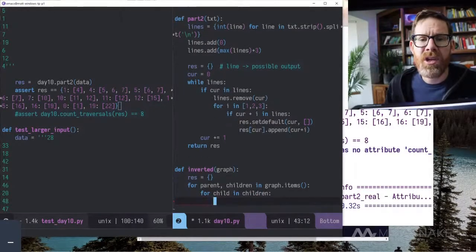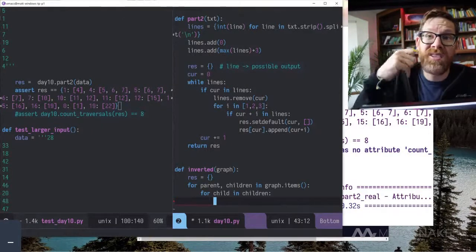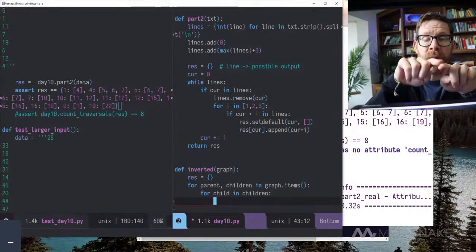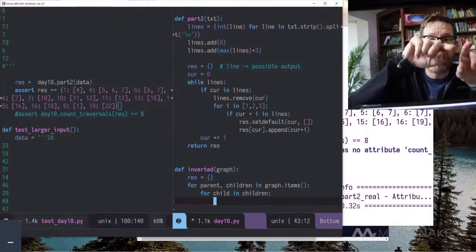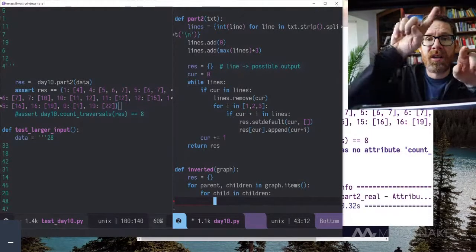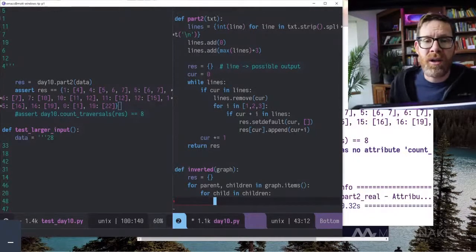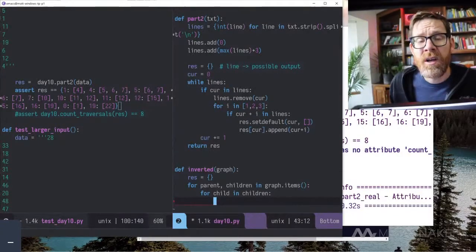we're going to loop over every child here, and we're going to stick the child mapping to the parent as a child mapping to a list of parents. Remember, because we have this diamond shape possibility, one child might have multiple parents. Also note that we might get to a child from different parents, so we need to make sure that we don't overwrite what's in there, but we append to it. So I'm going to use the setdefault method of the dictionary to do that. I'll say res.setdefault, and I'm going to set the default for a child to be equal to an empty list.